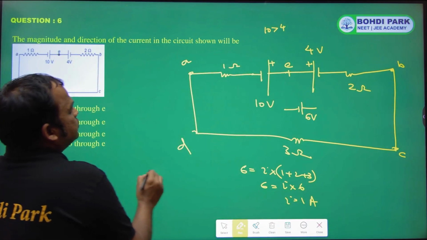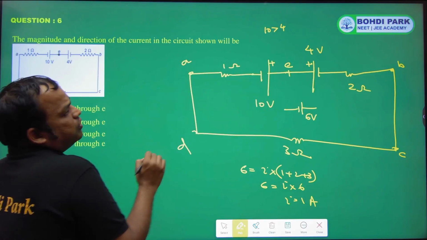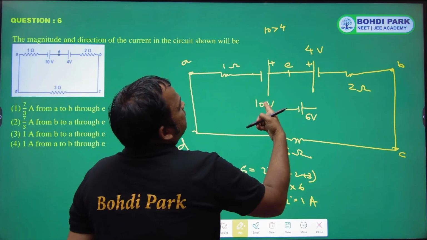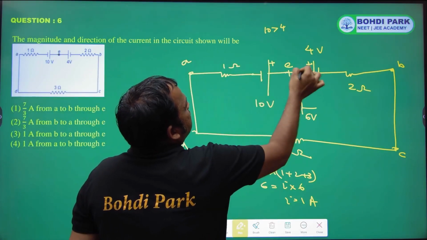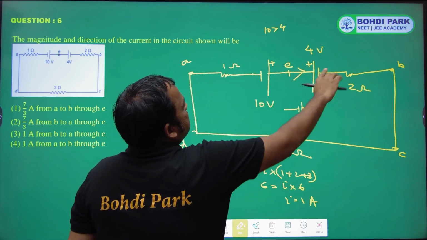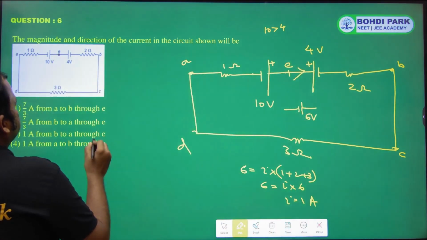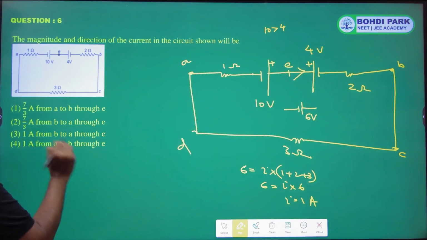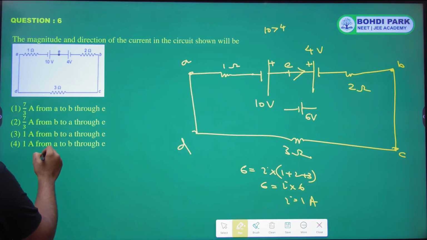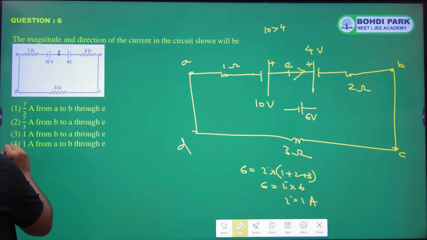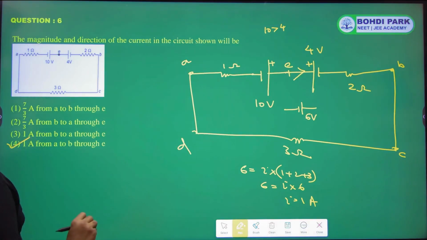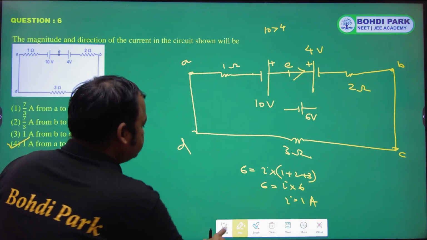Now the direction of current. The 10 volt is dominating, so the direction of current will be like this: A to B via E. 1 ampere from A to B through E. Okay, done. Next,